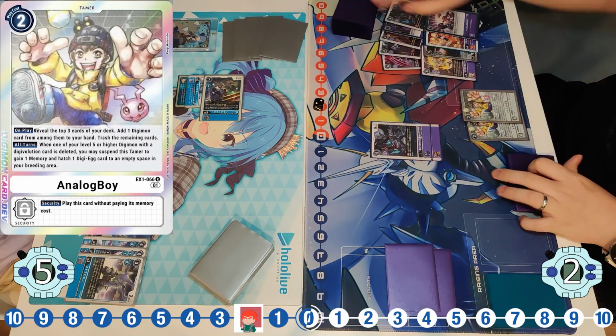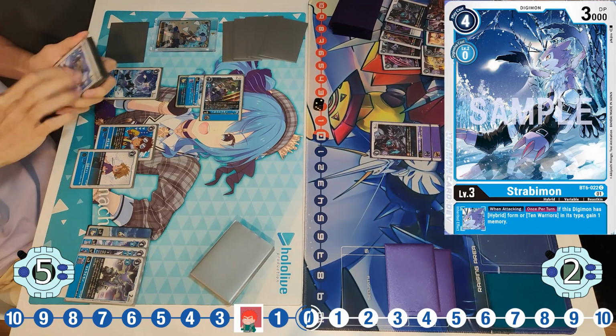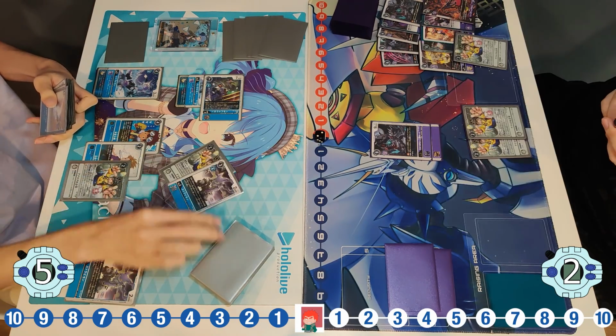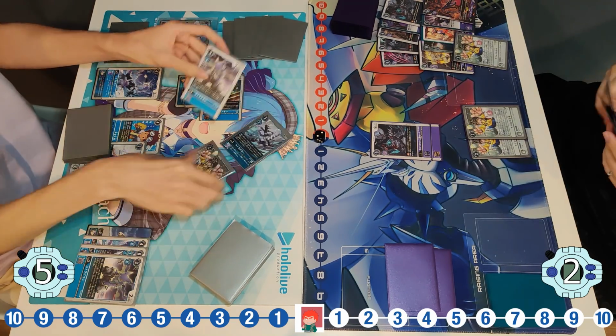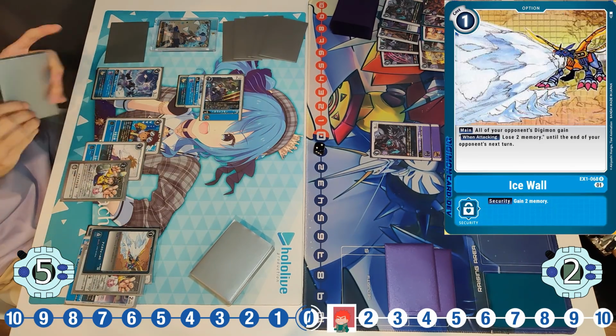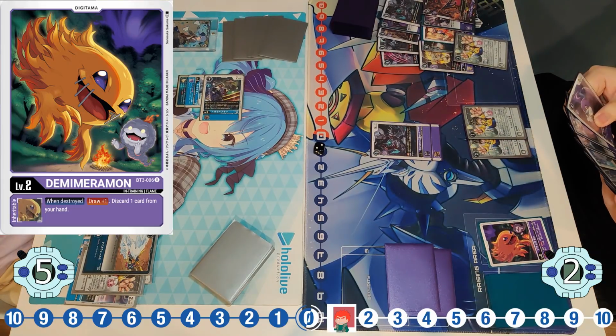So a lot of value there, but we do hit into a second Analog Boy here, picking up the Zod instantly to the hand, then evolving the Susanoomon in the nursery. And we do see an Analog Boy being played here as well. Now Analog Boy does help blue hybrid decks, generally just because you do want to fill out the drop zone with that Susanoomon. And we do see the Ice Wall, which is a very strong card against Lilith, because Lilith